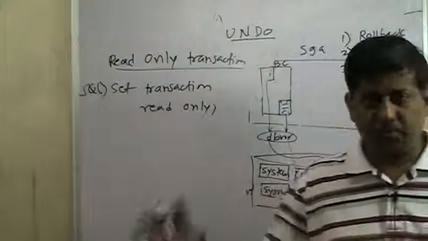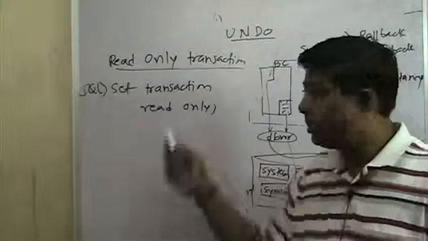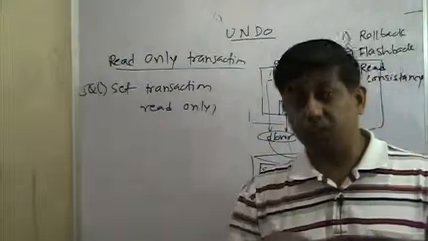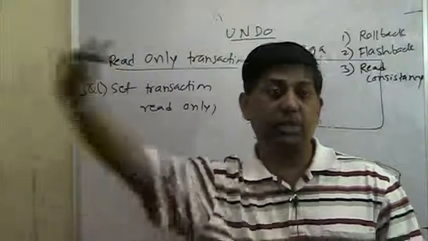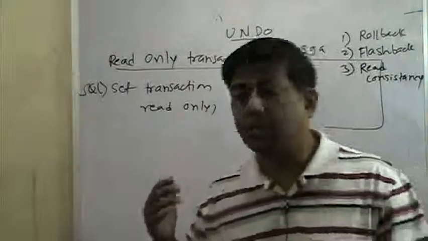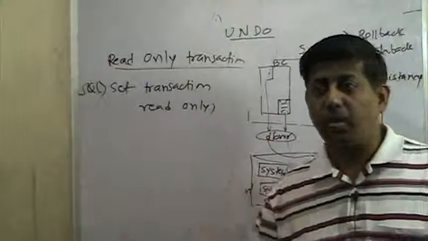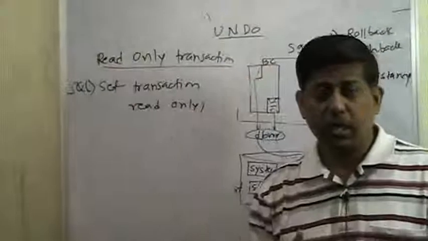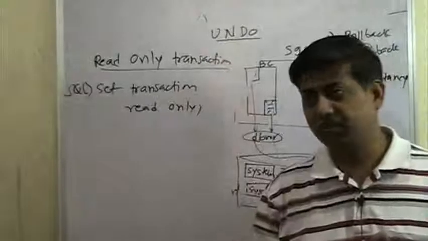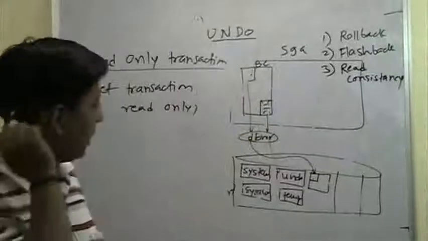There would be hundreds of users in the database connecting and modifying the data. But this transaction will act as if you are the only one in the database, which means what? That means any changes that are done by any other user, I will not be able to see them. My transaction is read only. I will not be able to see any of those changes, even if they have committed those. So this is an important thing.